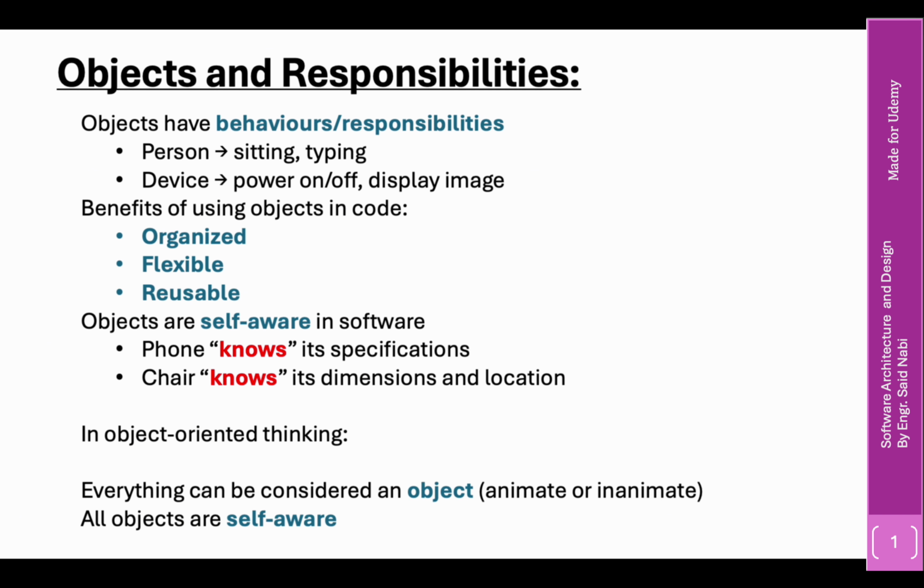So basically there are two types of objects: animate objects and inanimate objects. And everything can be considered as an object, whether it is animate or inanimate. An animate object has a lifetime, while an inanimate object has no lifetime. For example, the animate object would be a person,